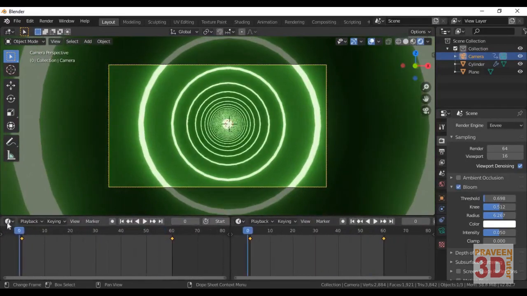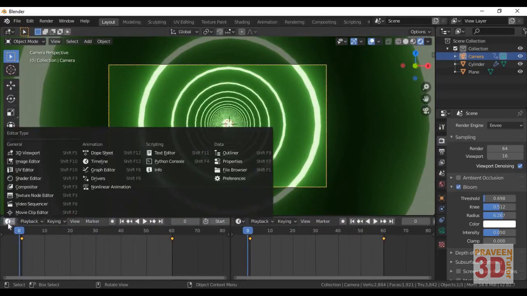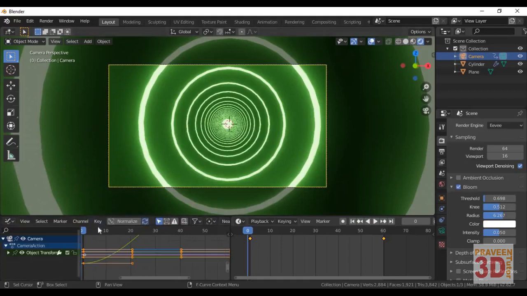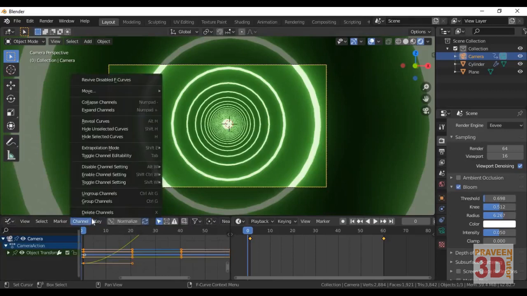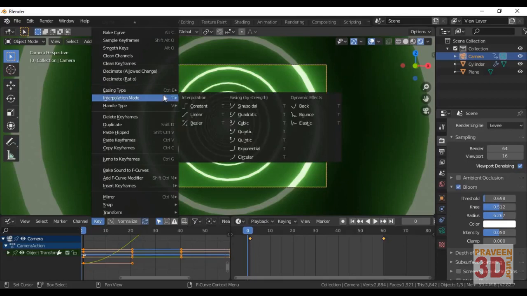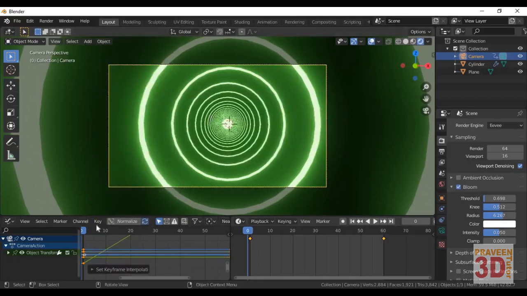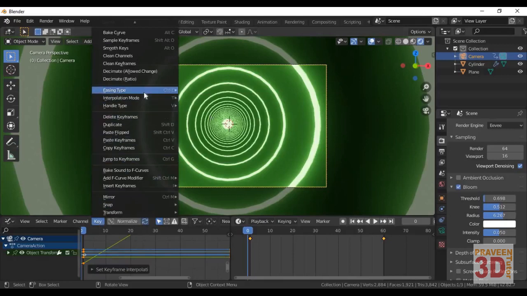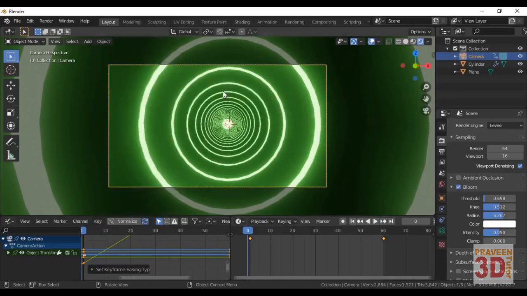So I'll go to the corner here and drag it like this. Change this into the graph editor, and select everything by pressing A. Then key, interpolation mode, select linear, and once again go for key, easing, and automatic easing.